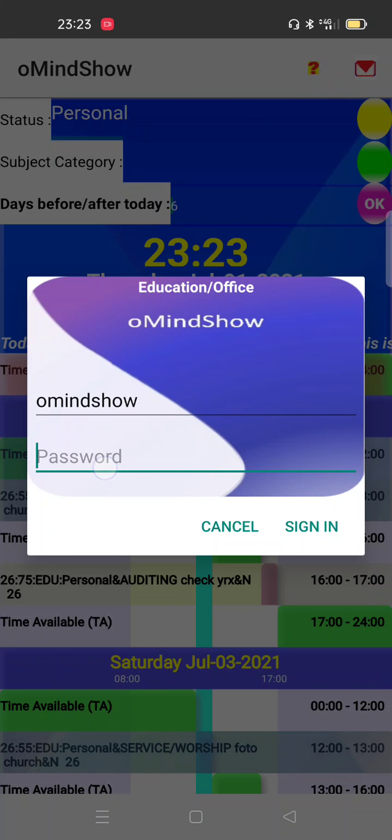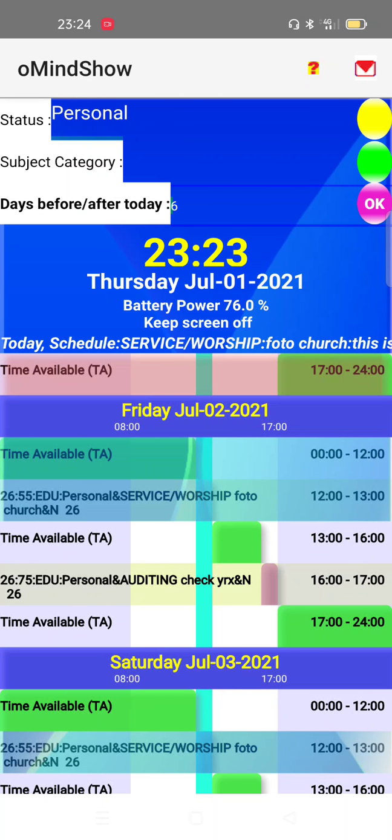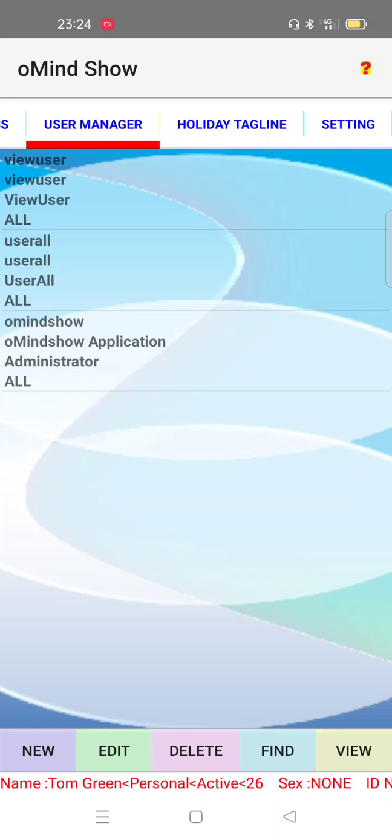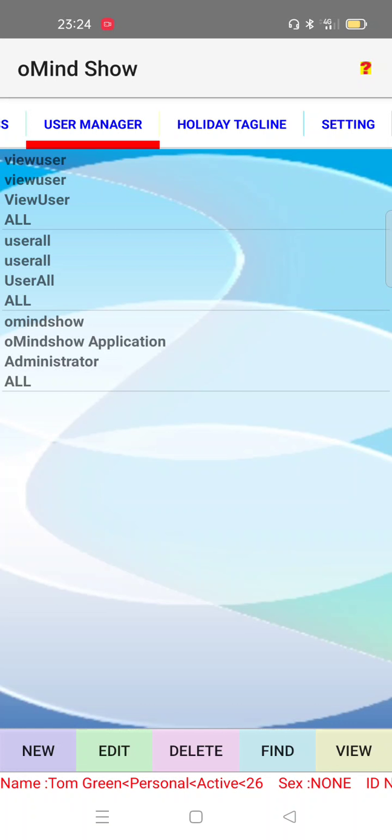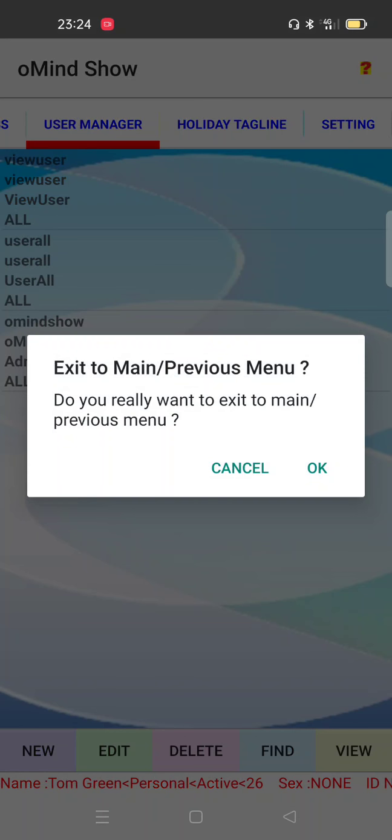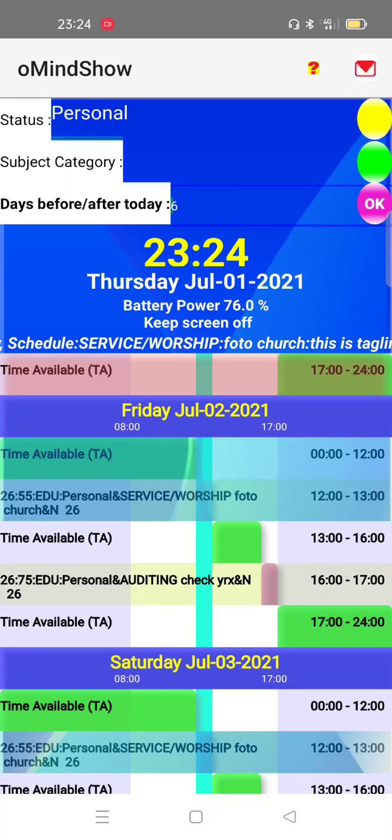Select the user ID whose password will be changed, for example for oMindShow, and click the Edit button. The data will appear and you change the password data item and password confirmation data item. Between data password and password confirmation must be exactly the same, and then you save. The password you change should not be easily guessed by others, and you should keep it at home, not on your smartphone. Because the oMindShow user ID is the system administrator, the highest level authority, it can delete other user